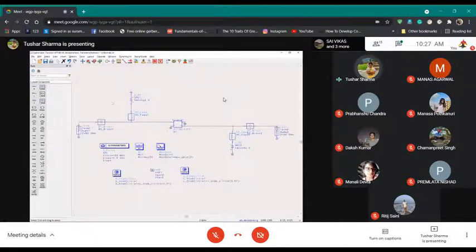So I'm giving you 5 minutes, 10 minutes time, and you guys figure out in this time and tell me what should be the optimum value of the resistance and where it should be. Let's see who does that first.